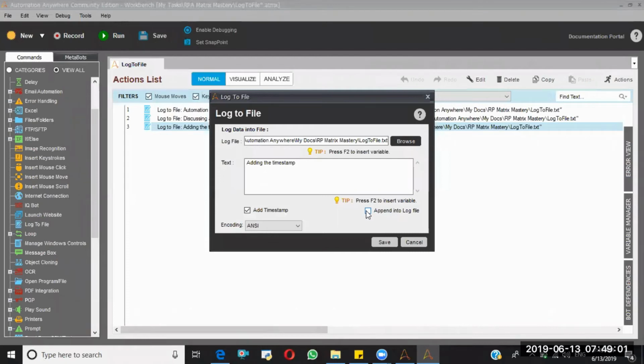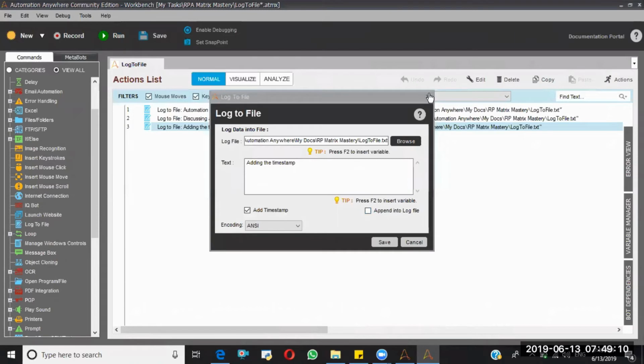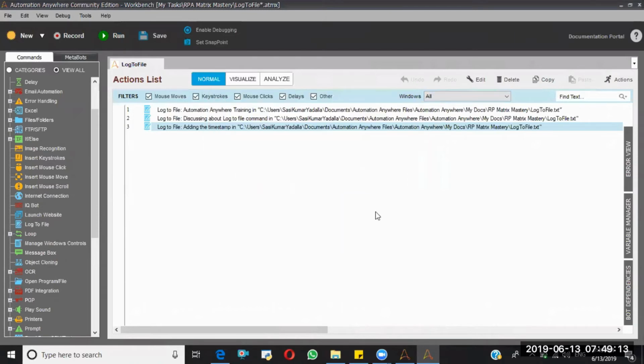At what time will you use this Log to File command? Assume that you are automating a web application.